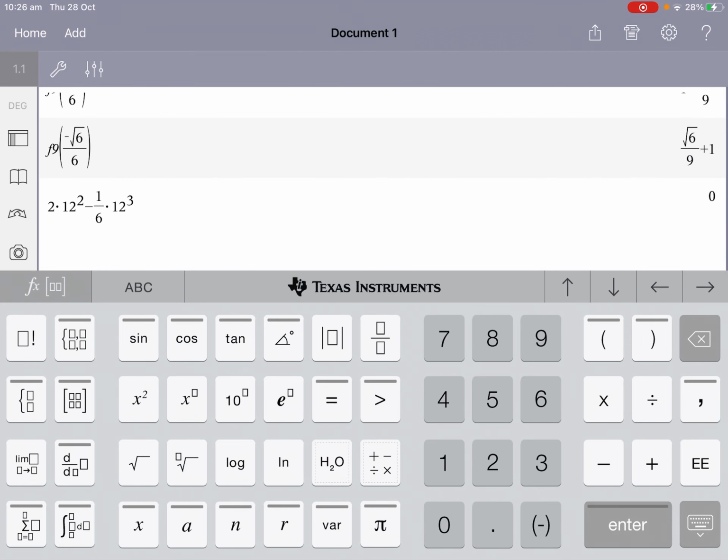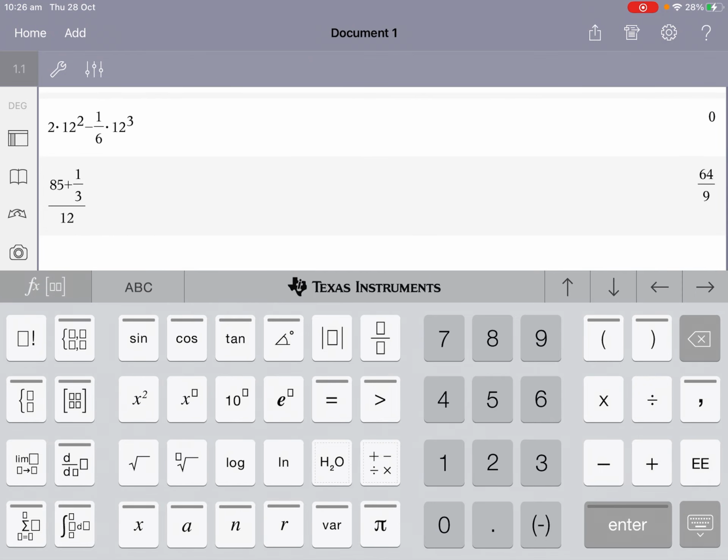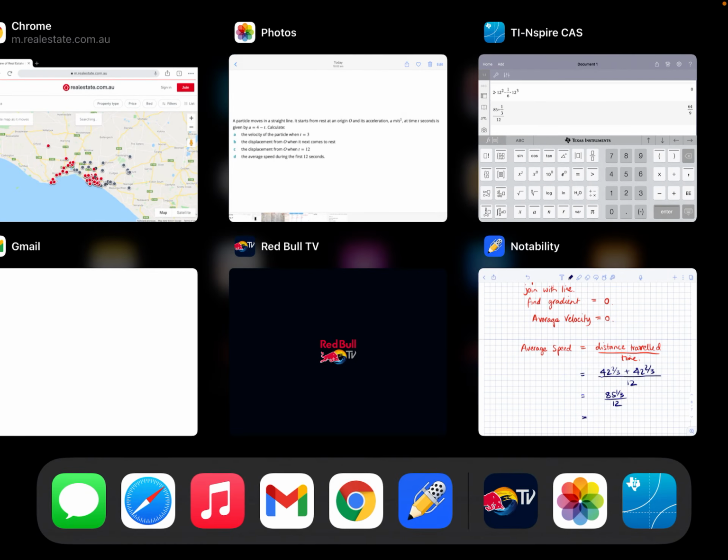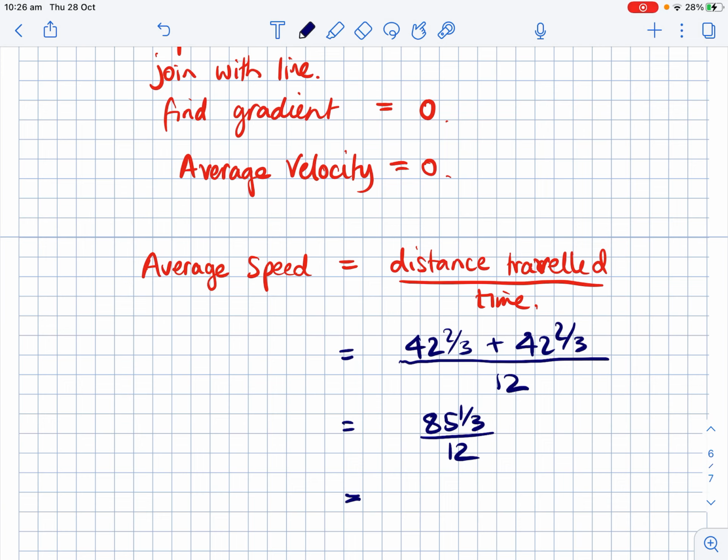So do that on my calculator. 85 plus 1/3, all divided by 12. And we get 64 on 9. So my average speed is 64 on 9 metres per second. So my average velocity was 0, but for average speed, we have to consider distance. Distance is not displacement. So be very careful when reading the